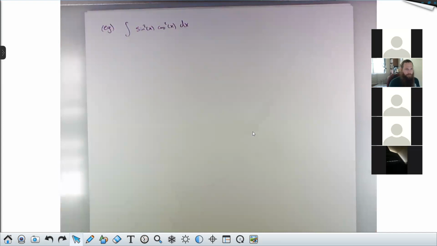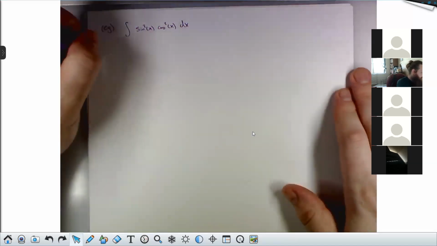If you have an odd power, then things are fairly nice. You're going to set aside one copy of that odd power, substitute for the other function, and just basic trig identities get you there. If you don't have an odd power, the only thing to do is to grind on it with half angle